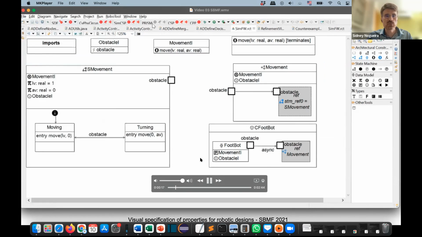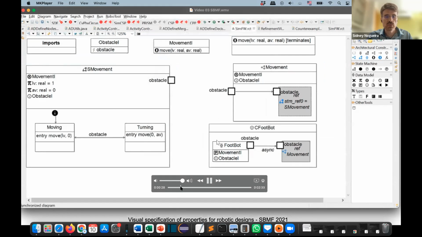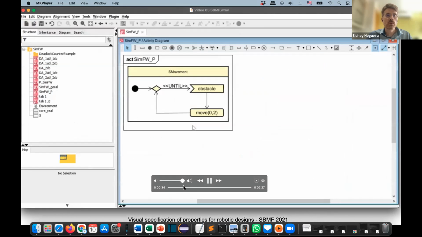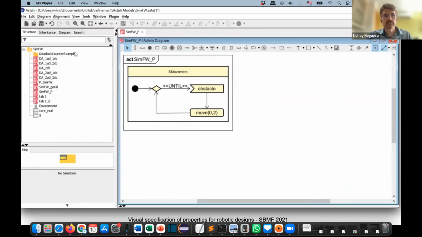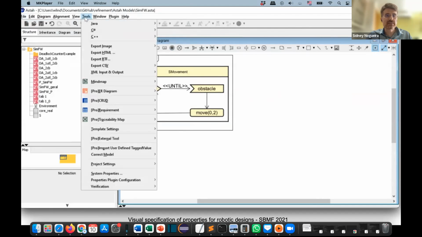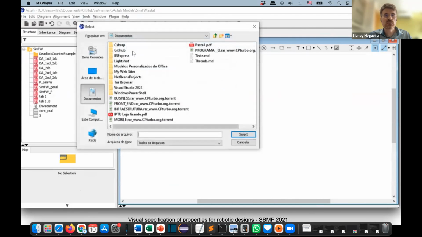So inside Robo tool, you press a button to generate the CSP semantics for this example. So it generated CSP semantics, and we have to switch to the Astah UML plugin. This tool we use to author the properties using the notation elements available in the tool, and our plugin is already integrated in the Astah UML.